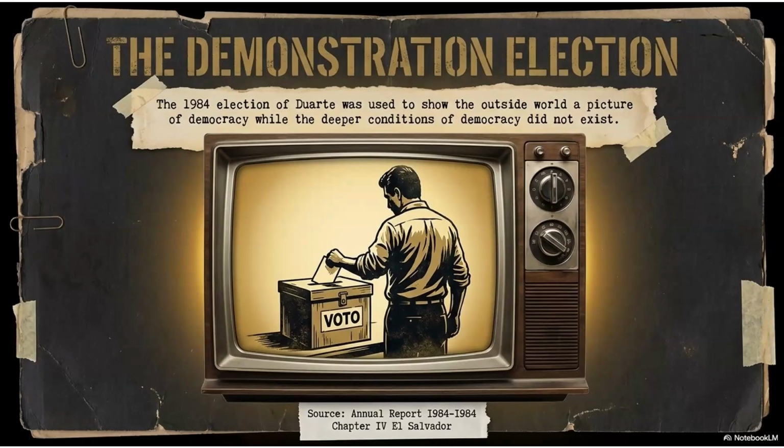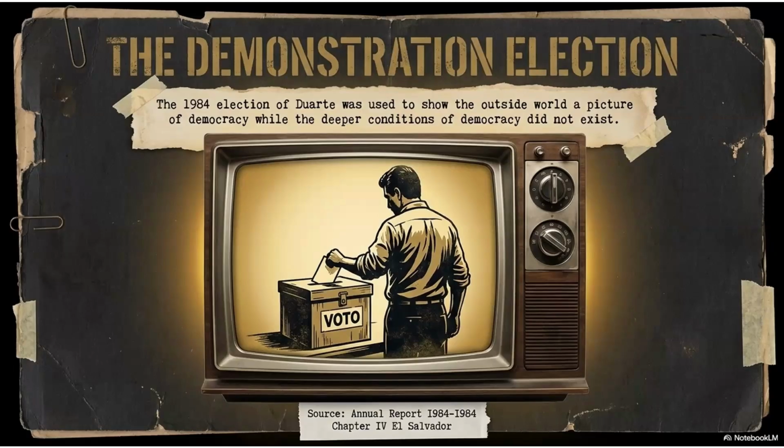Look, people are voting. Look, the army is allowing elections. Look, rebels are the ones opposing democracy. Look, the US is helping the democratic process survive. This is why election imagery mattered so much. The act of holding an election during war becomes a public relations achievement.